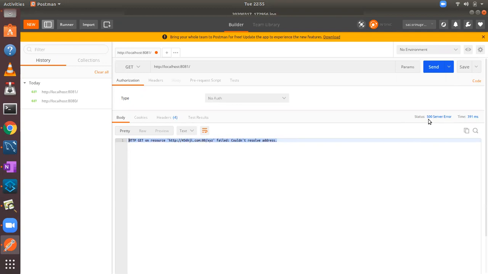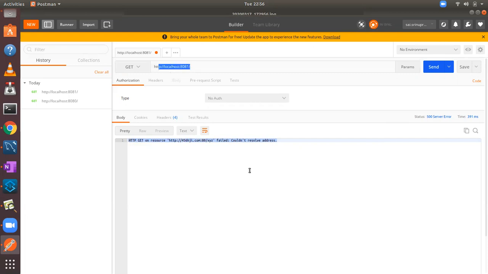So you need to understand about HTTP status codes. Go to Google and type out HTTP status codes. You will get what the success codes are, what the client errors, server errors are, and so on. These are all things you can come to know in HTTP status codes. Now 500 means a server error, means the server is not able to process the request that you are sending from the client.